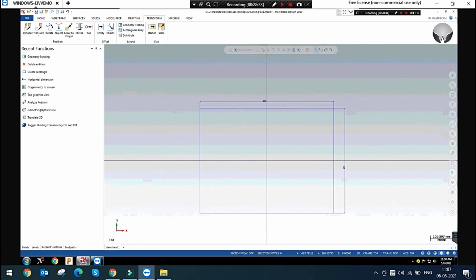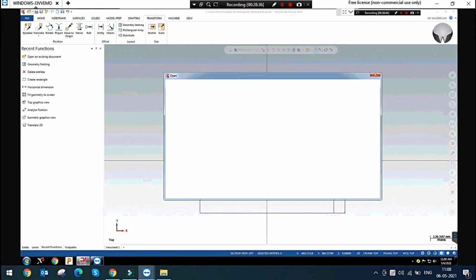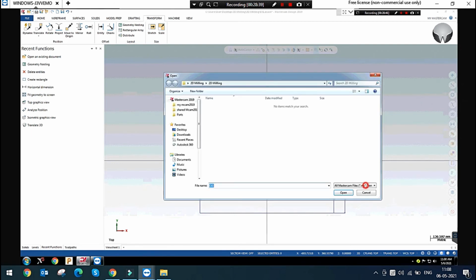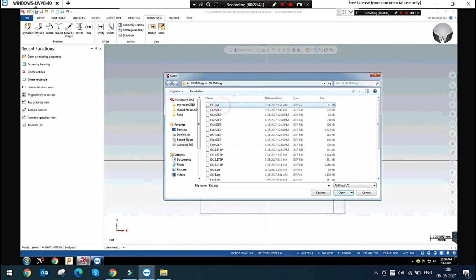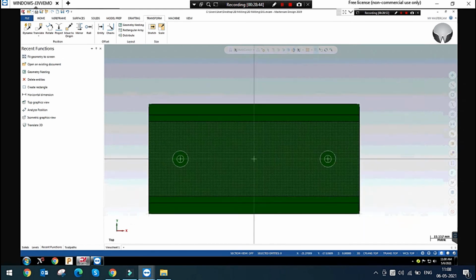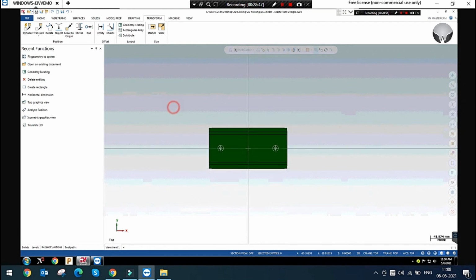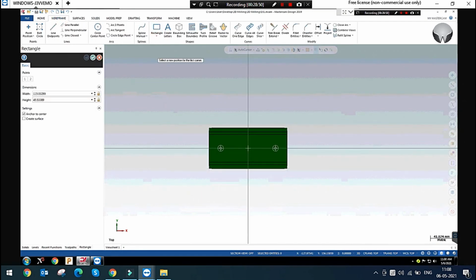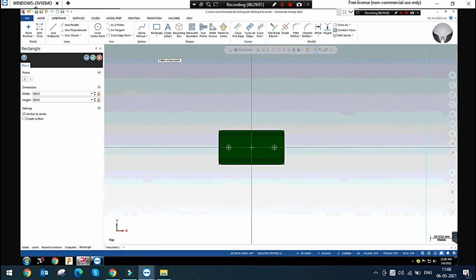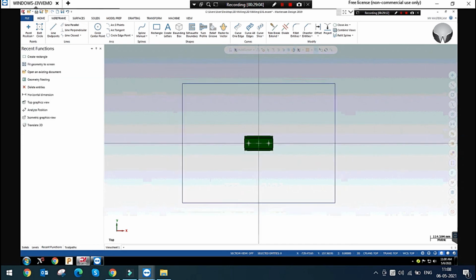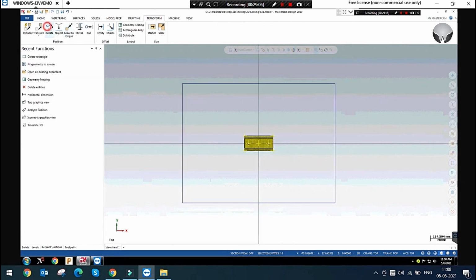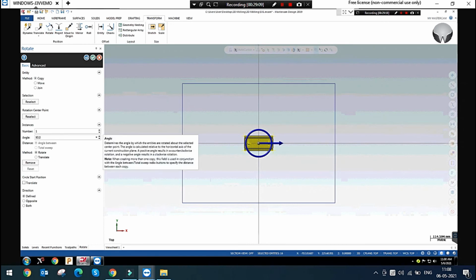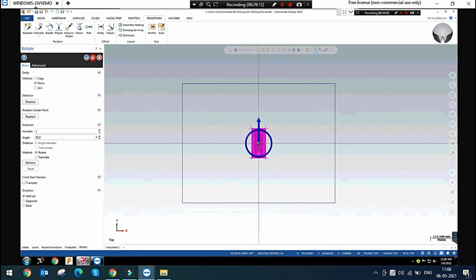Now please see this. Where is our axis number one? This is right. From the rectangle center, what is the size, 800 by 600, right? Now I am aligning this component, rotate 90 degrees, move.